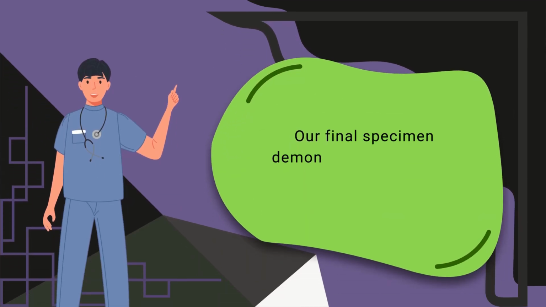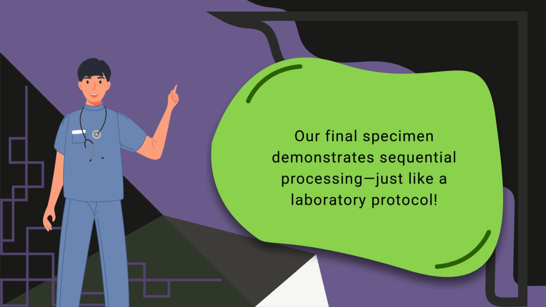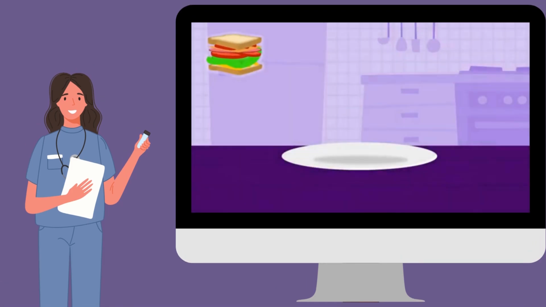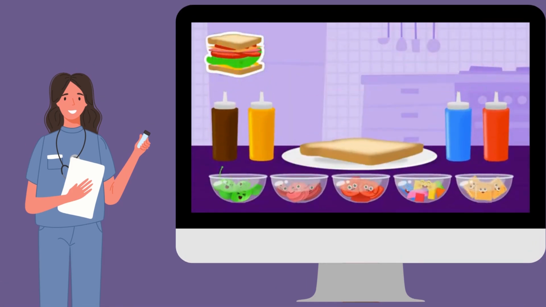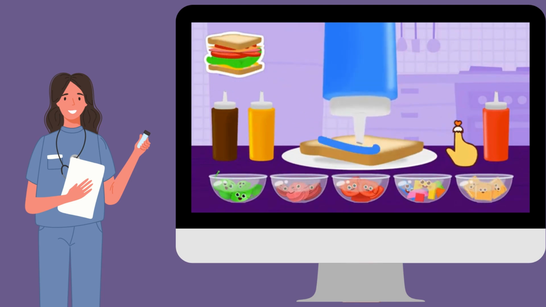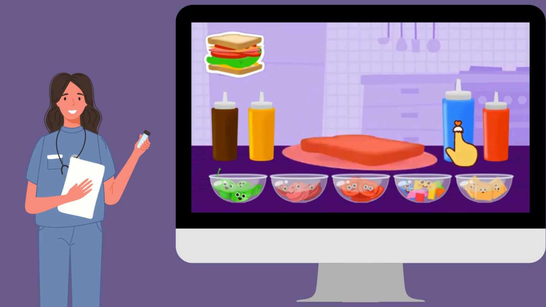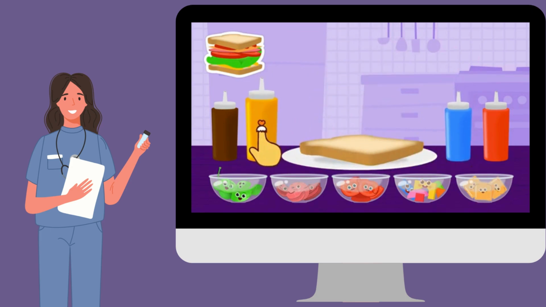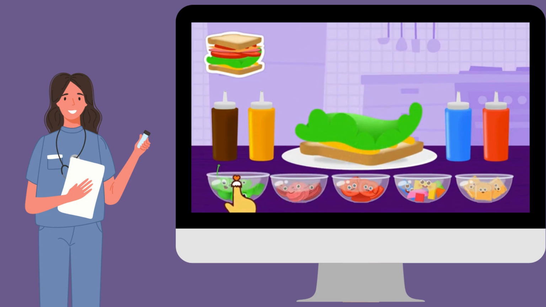Our final specimen demonstrates sequential processing, just like a laboratory protocol. Constructing a sandwich requires systematic assembly. First, select 2 slices of bread exhibiting uniform thickness of approximately 1 cm and apply 2 mm layers of mayonnaise to one surface. Next, add alternating layers of protein, 45 g of ham, dairy, 30 g of cheese with